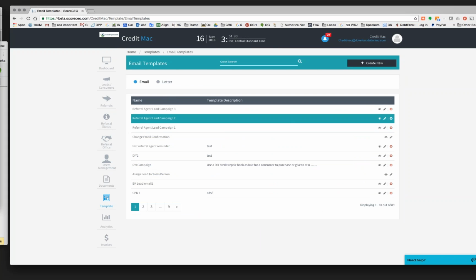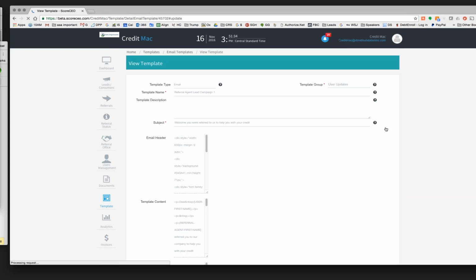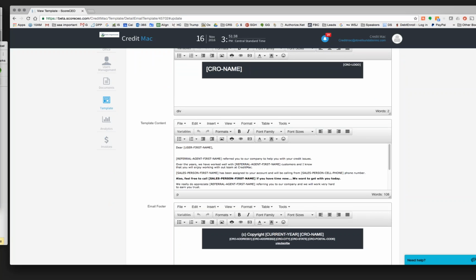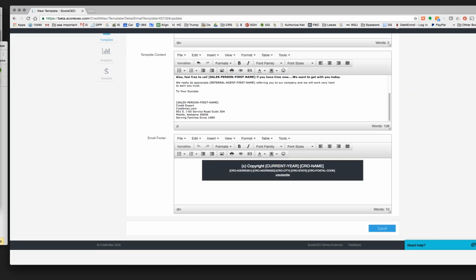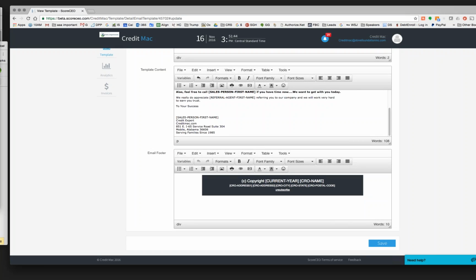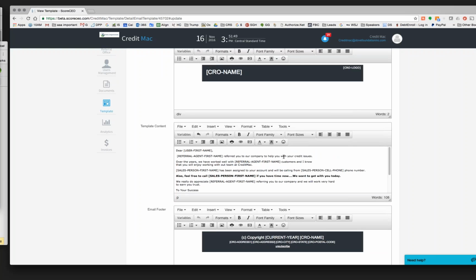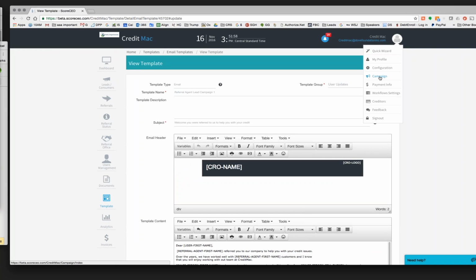And again, you can see where I was creating these today, and they're very easy to edit. You just simply click edit up here, or actually you can edit it and then just save it. And so it's real easy to edit. You can create these on the fly. It's very, very simple. But let's go back to the campaigns and show you what's already been built